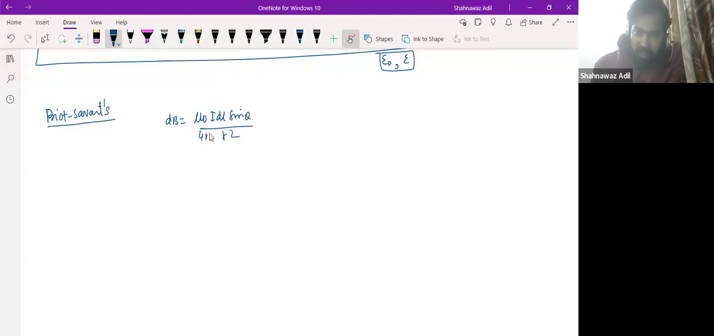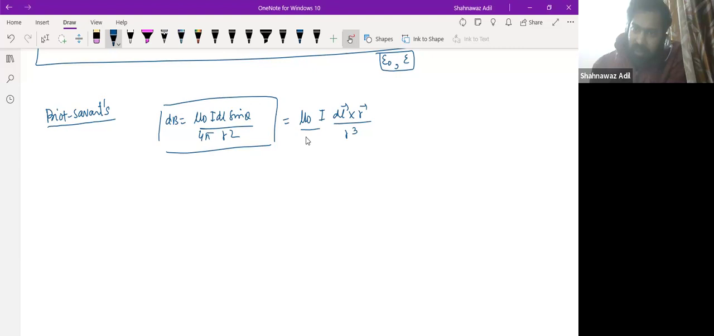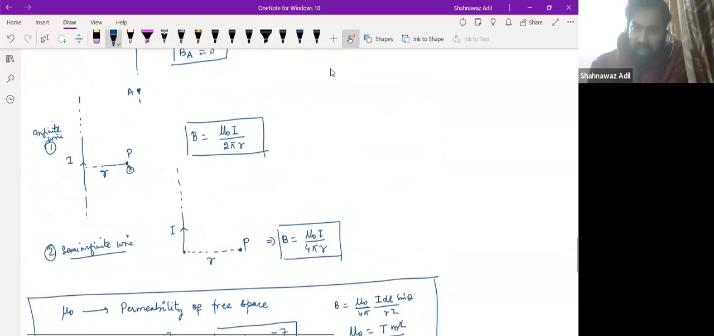And that is mu naught by 4 pi. This is the magnetic field, right? So this is the Biot-Savart's law, and then we can also write this in the vector form. So this is mu naught I dl cross r divided by r cube. These are the things, right? So remembering these things we calculated,